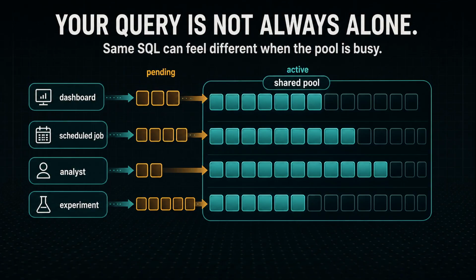Now, so far the query has been alone in the room. In production, it almost never is. For example, a customer-facing dashboard query times out at 9 in the morning because the nightly job is still holding most of the slots, while 3 analysts and somebody's forgotten experiment named final_2 all hit refresh. Sure, same SQL, busier pool, slower result. That is the unsettling part. Nothing in the query changed. Yeah, and you know the feeling. The query that was fast all week suddenly isn't. And nobody touched the SQL. That one breaks people who trust local benchmarks, where the machine is theirs and the numbers repeat. A slow run might just be a crowded pool, not a bad query.